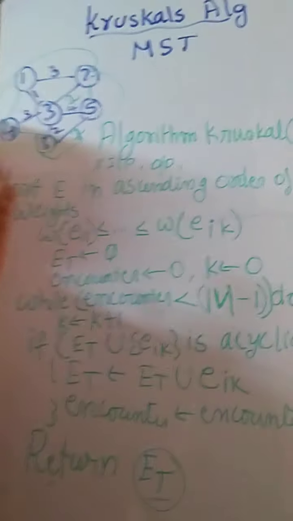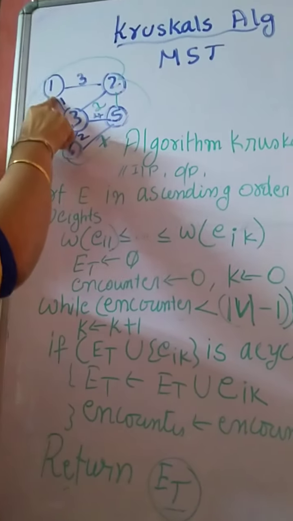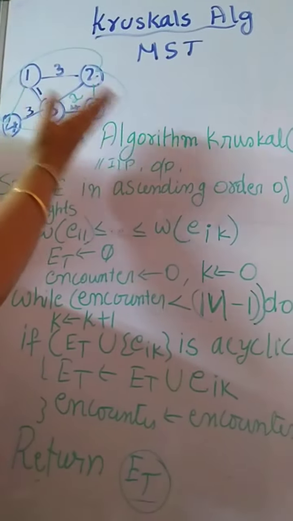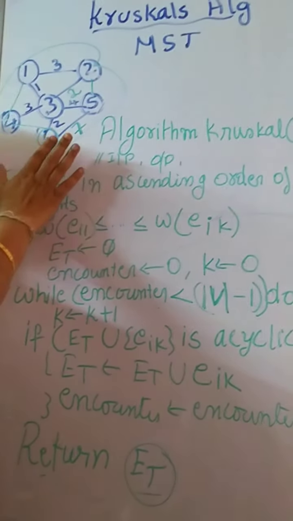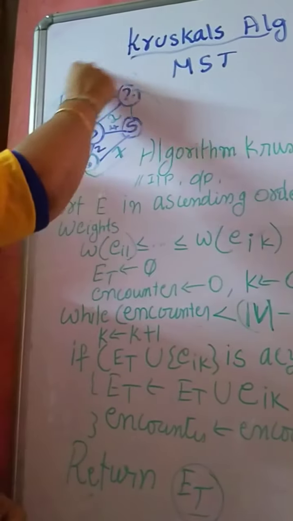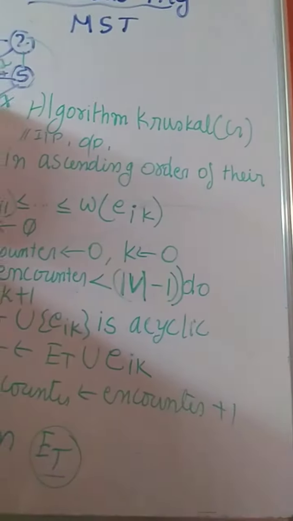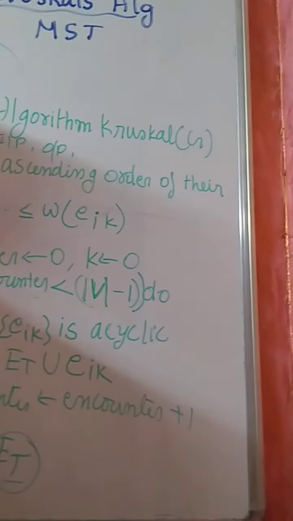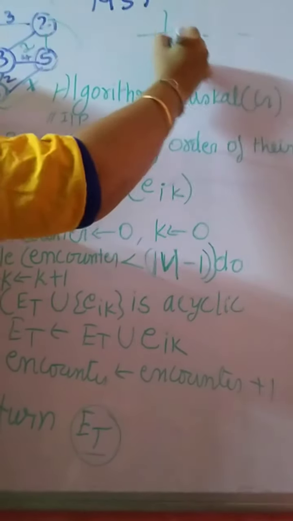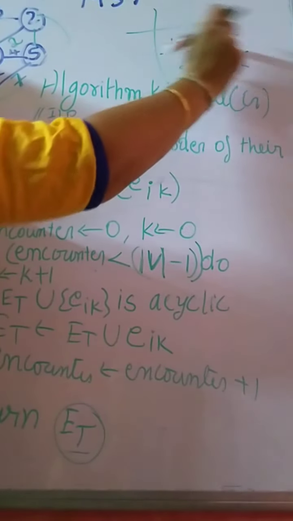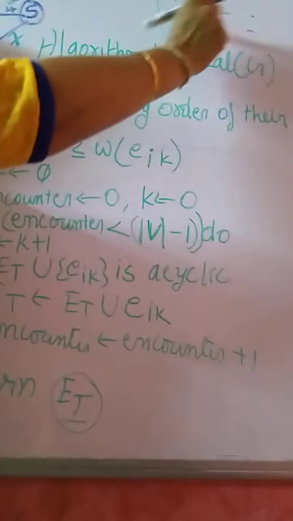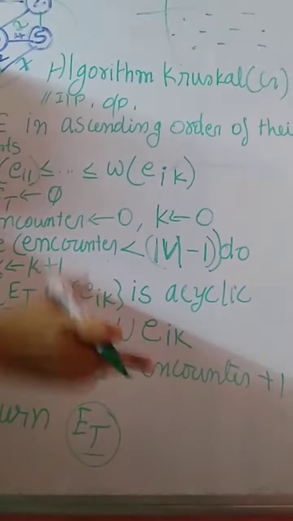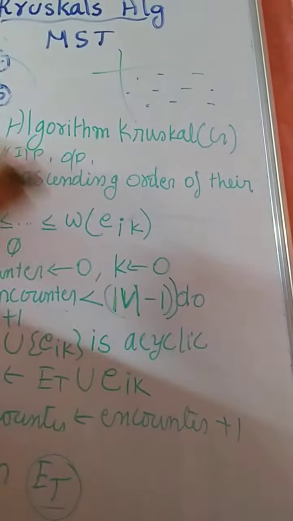Getting my point? In Prim's, I consider one starting vertex, check which is the closest vertex, and go on adding. Once the number of vertices is equal to 6, I stop there. It is not necessary to go through each and every entry of your matrix. Whereas in Kruskal's, I have to go through each and every entry, sort them in ascending order, then select one by one. At least to sort them, I have to go through each and every entry.